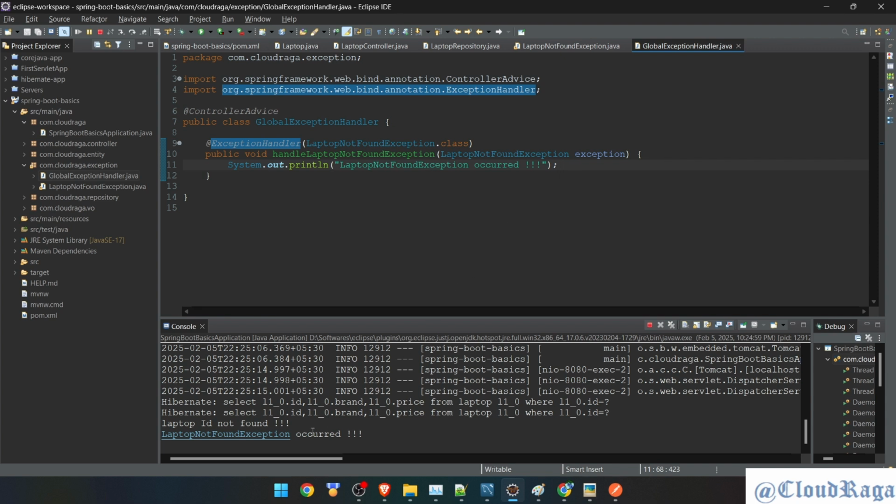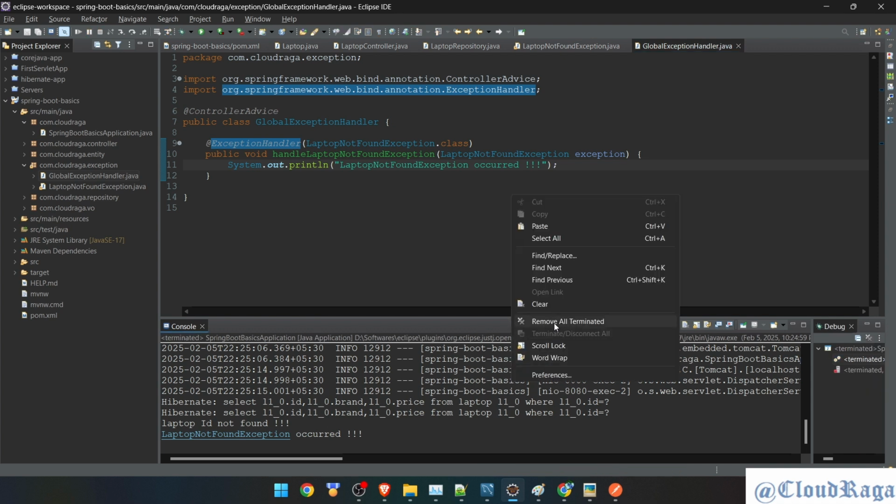It just says this, but I am not getting the reason why, right? It just says occurred, but why did it happen? I don't have any information yet. The exception is happening, but what's the reason? So let me stop the service